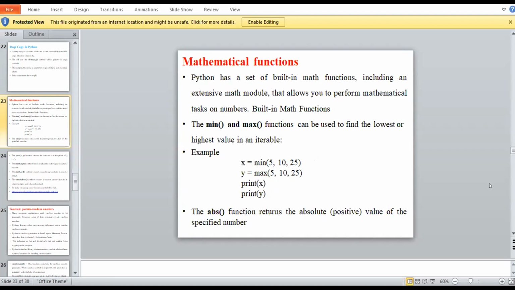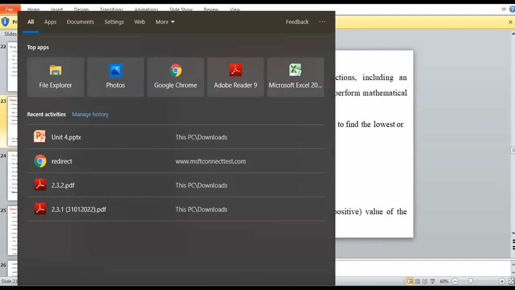We have more than 25 math functions. So we will see some of the math functions over here. First is minimum and maximum. Okay. So what does the minimum function mean? Suppose here